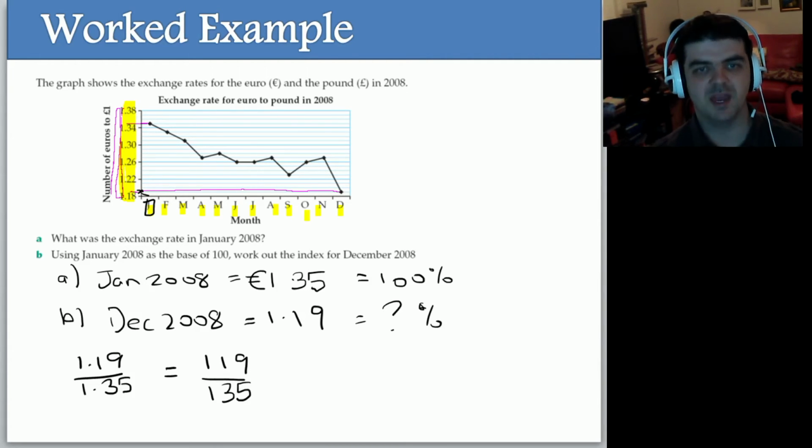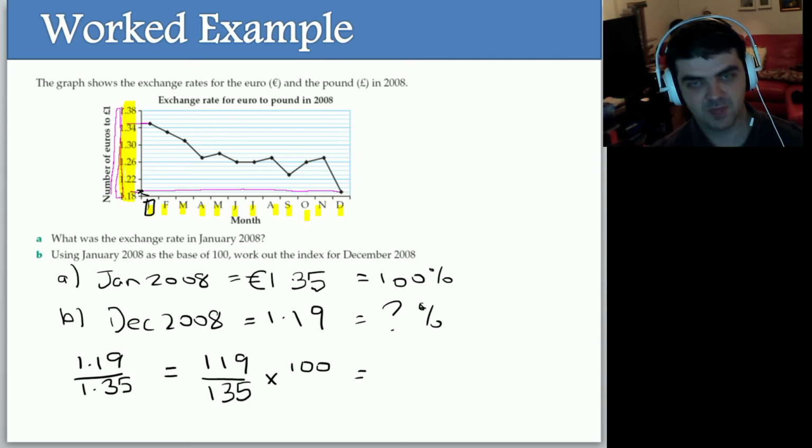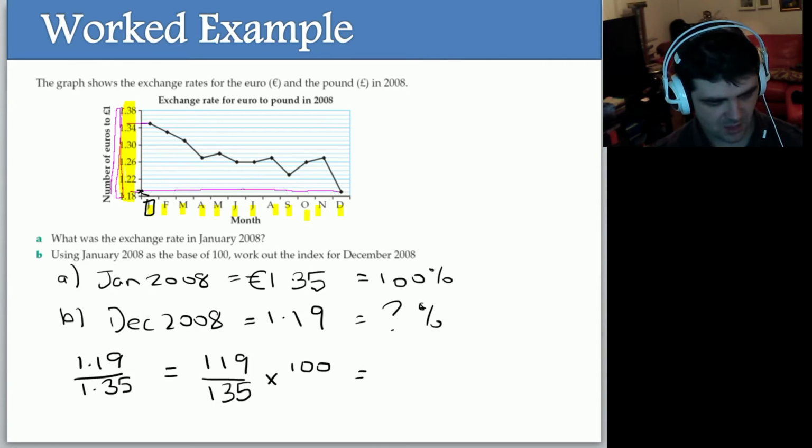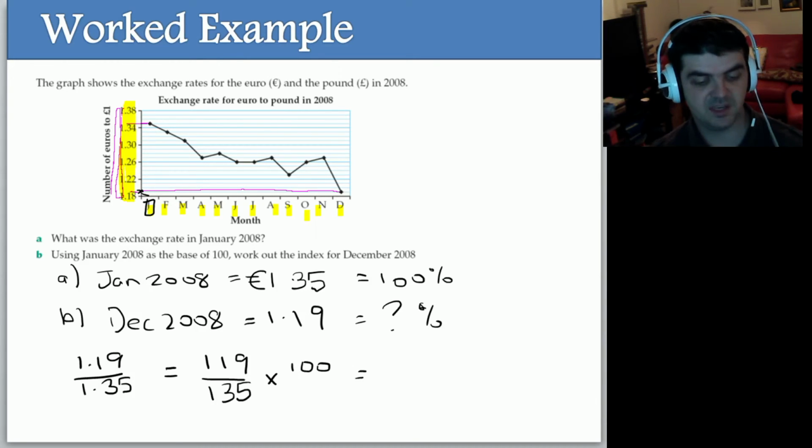And we get 119 over 135, and to turn that into a percentage, we just multiply the fraction by 100. And our answer, 119 divided by 135 multiplied by 100, gives us